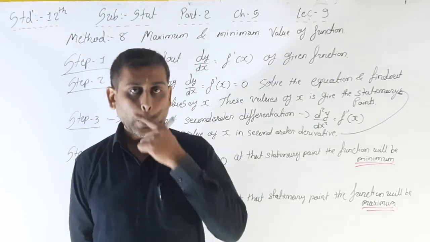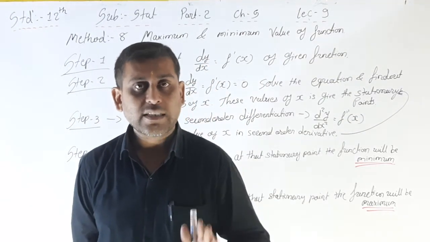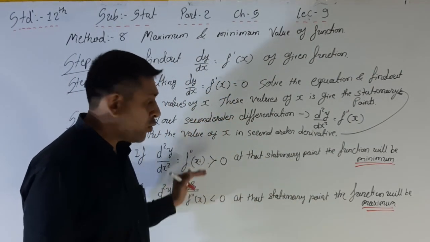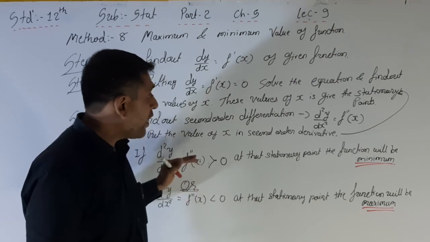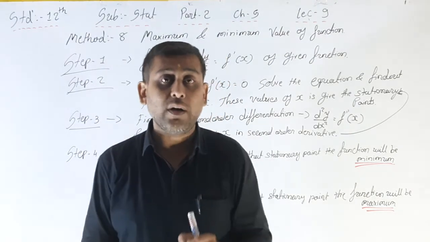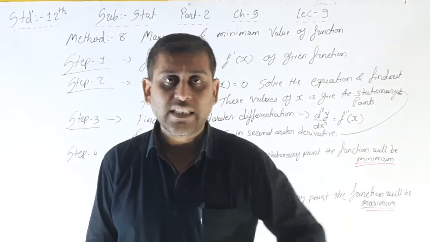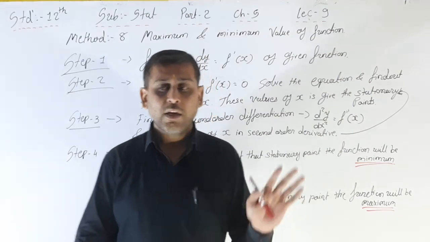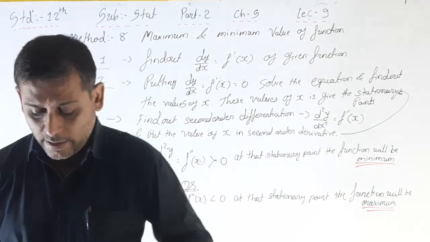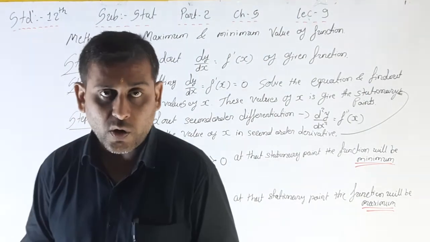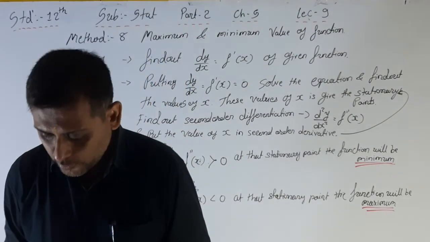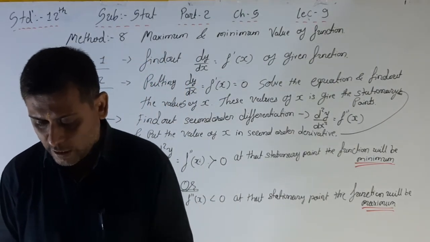Okay, so that is your last step, step number 5. Whatever the x value we have found in this step, at that point we have to write this x value in the original function, and then we can find out the maximum and minimum value. Okay, so first of all write down all these steps, and then in our next lecture we will discuss the maximum and minimum value of a function. So first of all write down this.